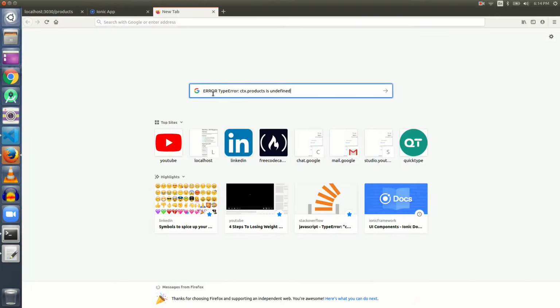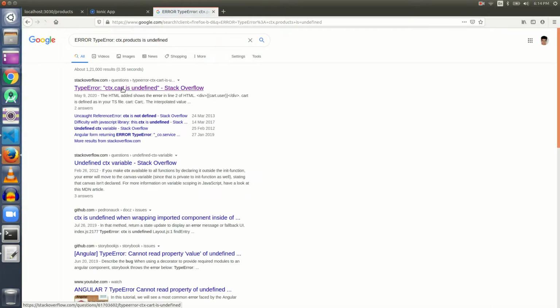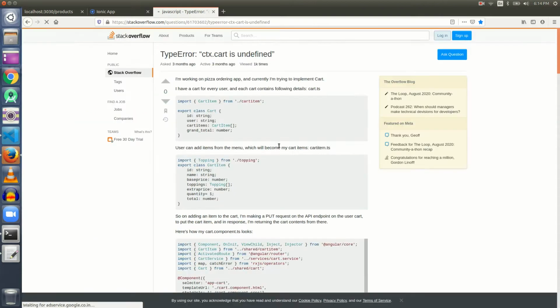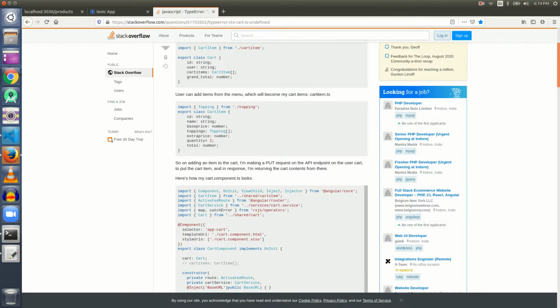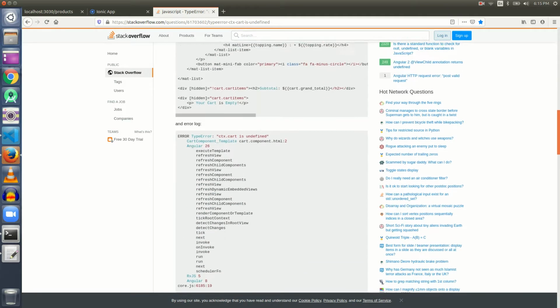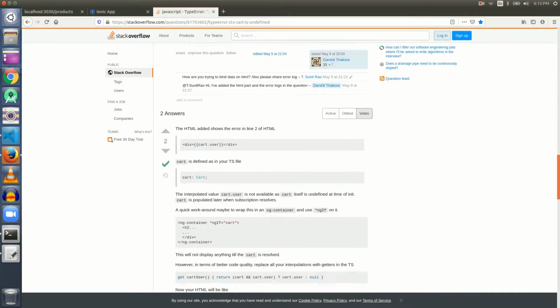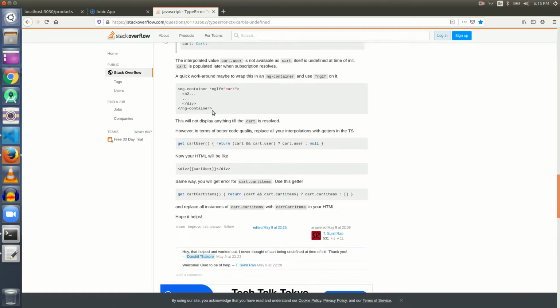I searched for it and I got a solution from this page on Stack Overflow. The asker of this question experienced the same problem as we did, and so there was a solution. Here is the solution.